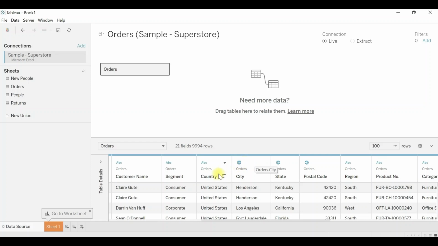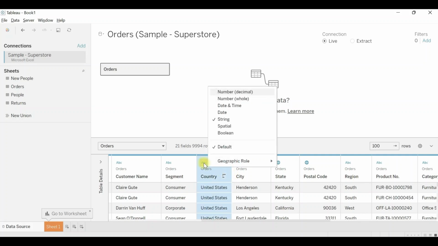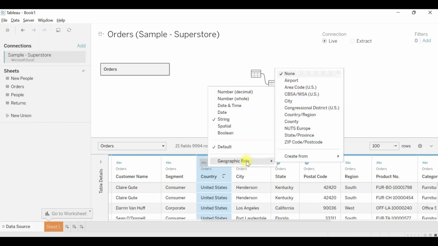And if you notice, the data type of the country is taken as ABC, that is string. To change this, click on this ABC, and what you will see is the data types that are available in Tableau. By default, it is taken as string. But what we need to do is reassign it to a geographical role.